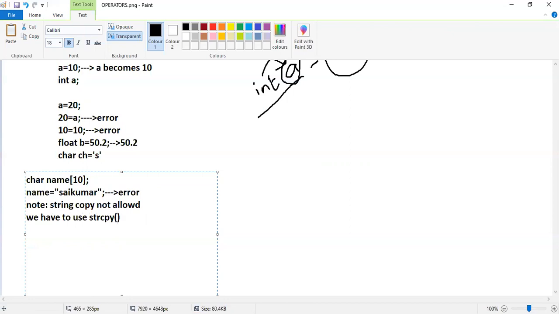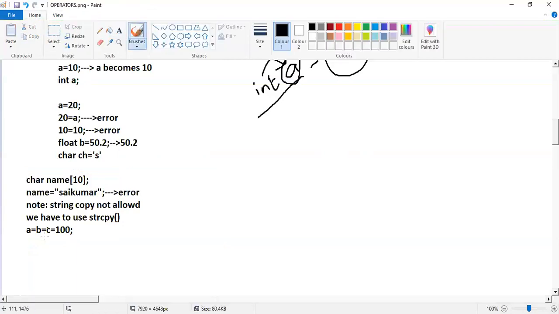And one more thing: a is equal to b is equal to c is equal to 100. Here the a value, b value, and c value become 100. Firstly, 100 is stored into c, so c becomes 100.